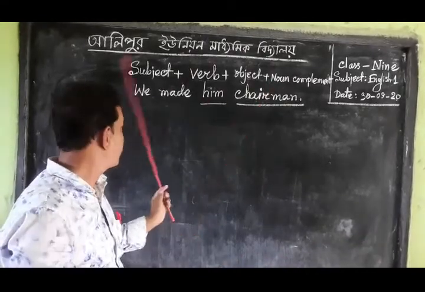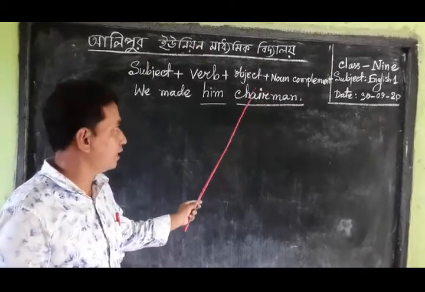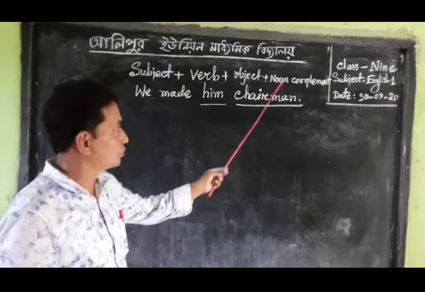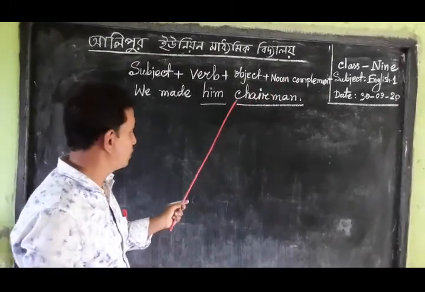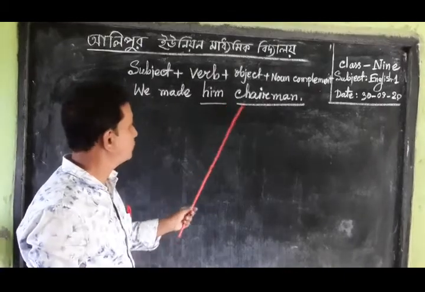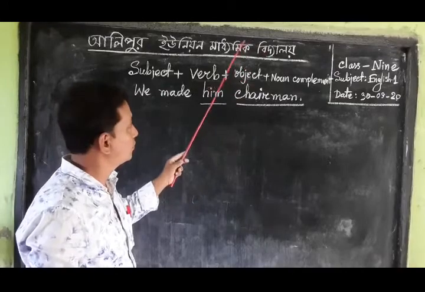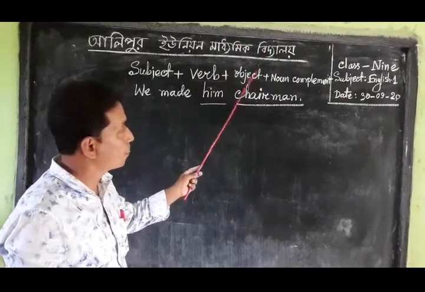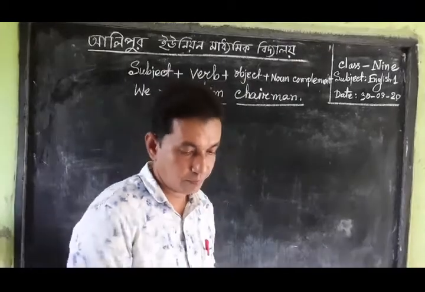Okay, dear learners, we made him chairman. So chairman is a complement, and as chairman is the name of a noun, it is called noun complement. This is the example of using the above structure. Our next structure is